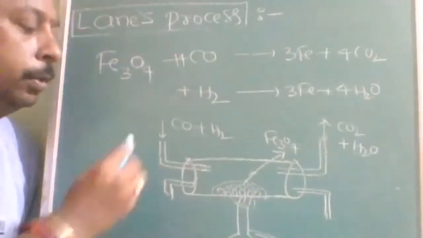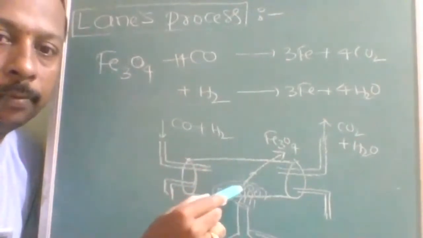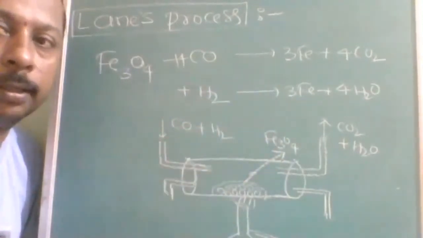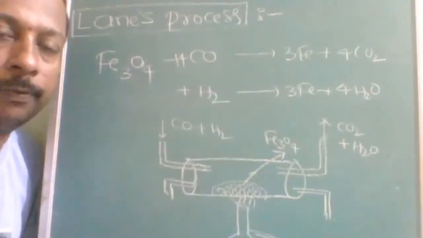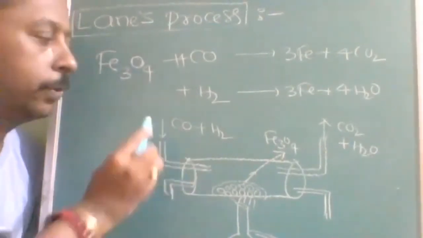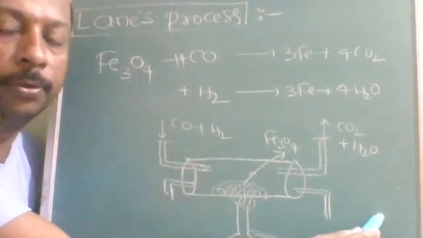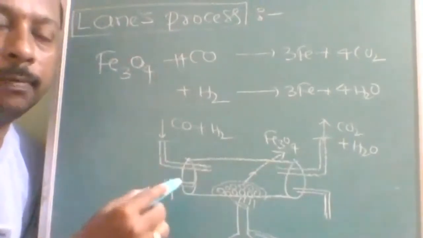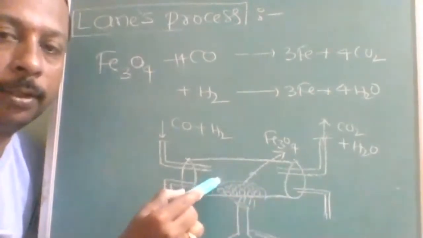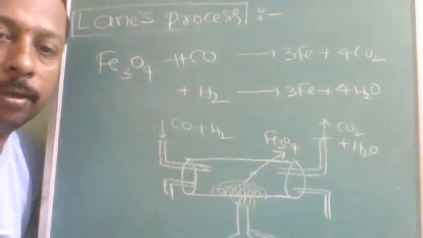Is it understood? So we will keep on sending till whatever Fe3O4 is there is converted back to iron. Understood? Once all Fe3O4 is converted back to iron, then what will we do? We will stop this process. Then we will start this process again. We will keep on producing the hydrogen gas alternately. If it is iron, then we will get hydrogen. If it is Fe3O4, then we will get CO2 and H2O. So two steps and two different products.